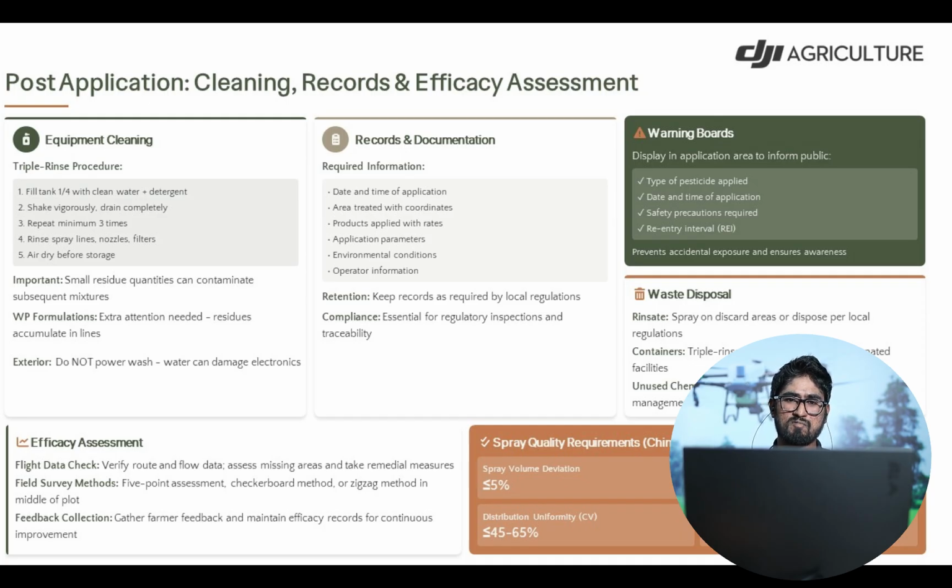And we must record environmental conditions like wind speed and temperature. And also we should include our operator information, their pilot license number like that. And we keep records as required by local regulations.